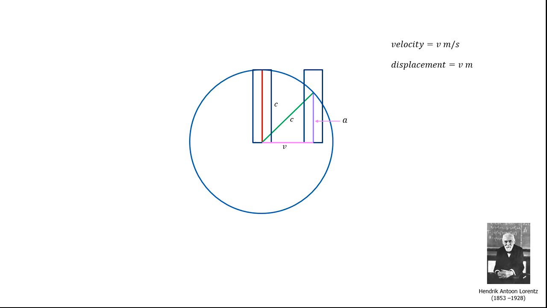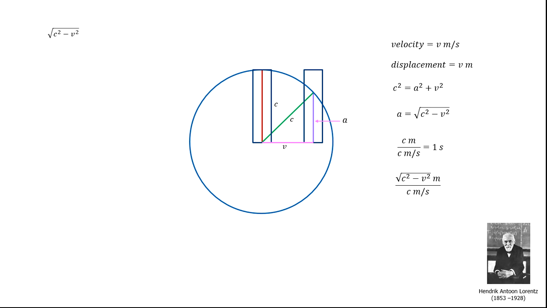The violet line that we called A and the green and magenta lines form a right triangle. The Pythagorean theorem tells us that c squared equals a squared plus v squared. If we solve for a, we get that a is the square root of c squared minus v squared. That's less than c. For the stationary clock, the light traveled c meters at c meters per second. That equates to 1 second. The light in the moving clock, however, traveled the square root of c squared minus v squared meters at c meters per second. Dutch physicist Hendrik Lorentz simplified this.